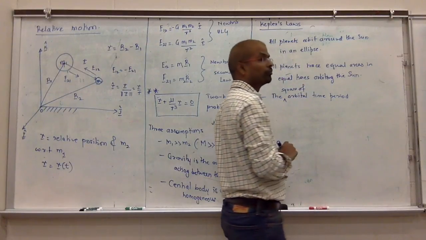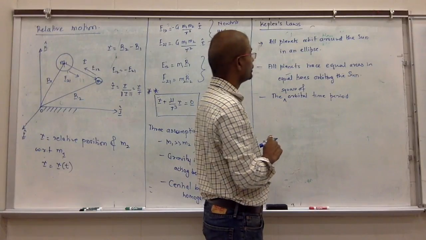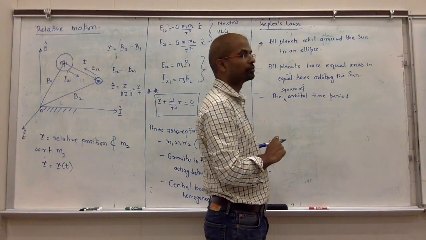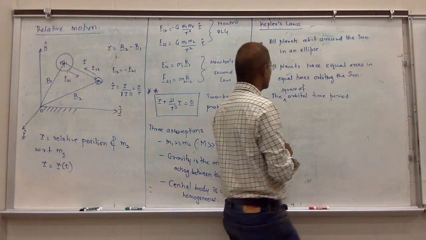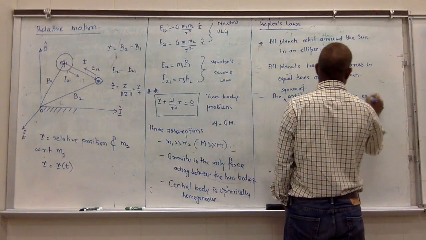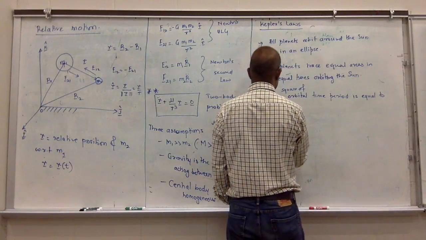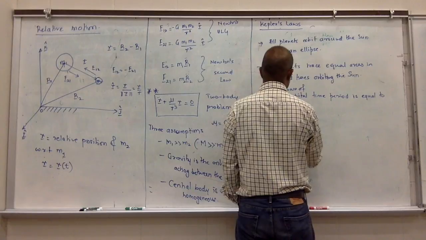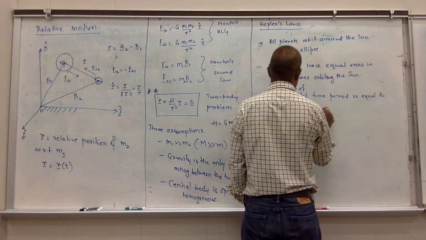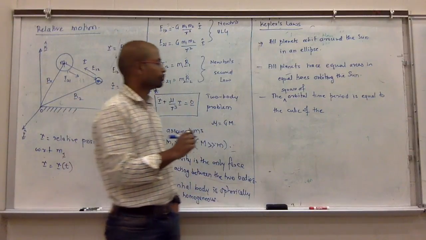With times. Is that equal times orbiting the sun? Right. Equal areas and equal times. The square of the orbital time period is equal to the cube of the